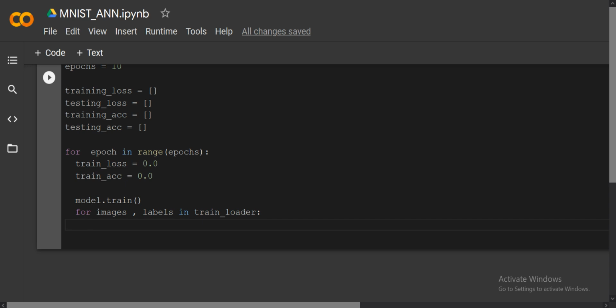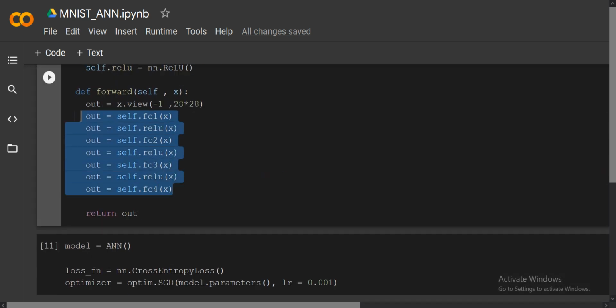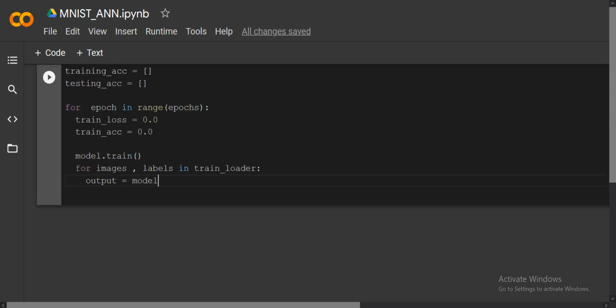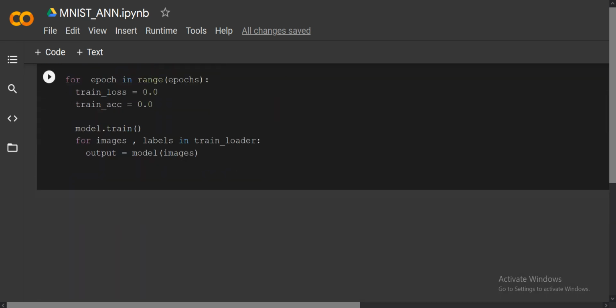Now you want to pass the images, which come in batches, into the model. That is the forward propagation method you created in the ANN class. So you have to pass them to forward, that's it. You will pass the images here. Now it will give you the output. FC4 means the fully connected layer has 10 neurons. It will give you 10 random values, after calculating this whole thing, any 10 values it will display, that's it.